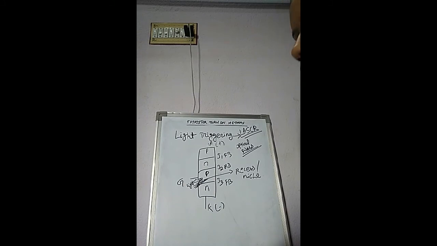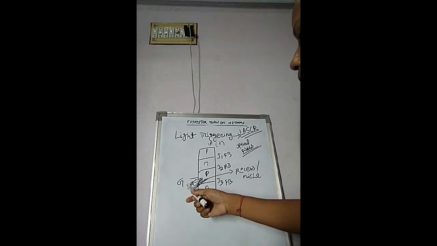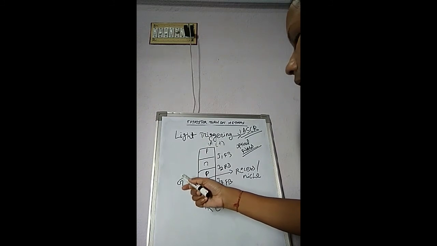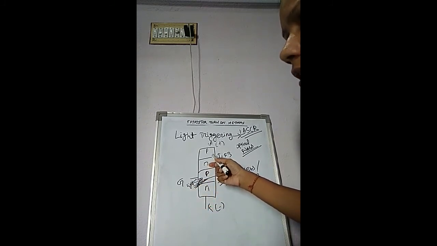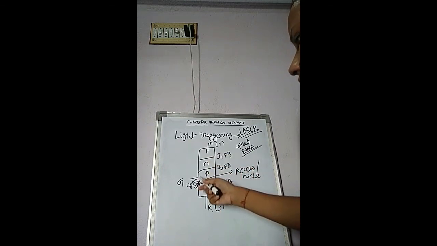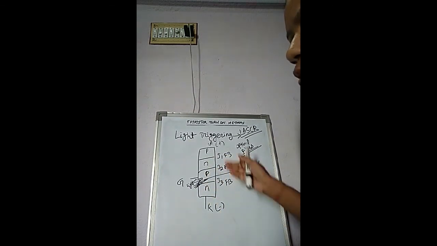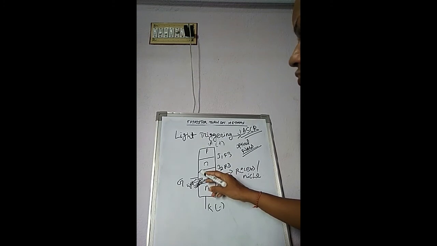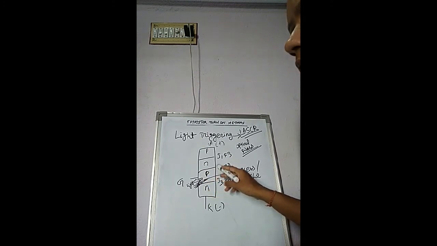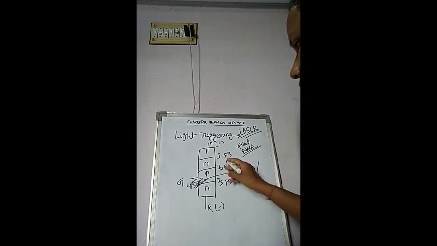So now you clearly understood: when we irradiate light of appropriate wavelength at this recess through optical fiber, there is generation of free charge carriers at this part. Generation of charge carriers means holes and electrons. After the generation of charge carriers at this junction, the width of the depletion layer at junction J2 is reduced, and once the depletion layer is reduced, avalanche breakdown occurs at J2. Once avalanche breakdown occurs at junction J2, J1 and J3 are already in forward biased mode.